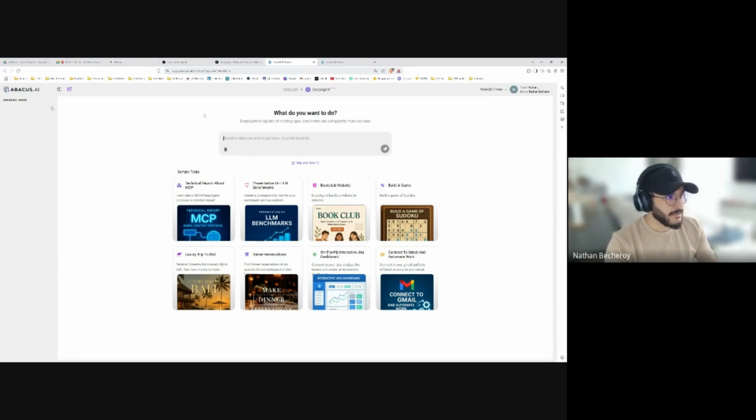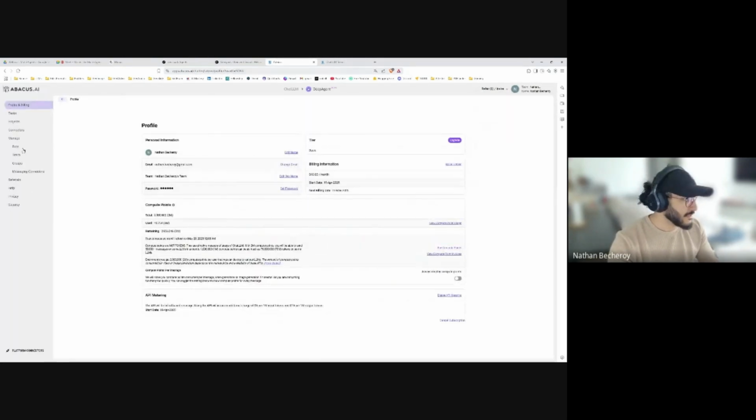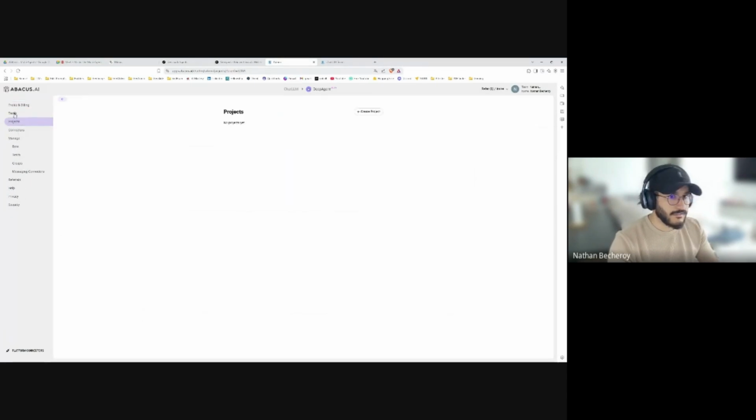Then in projects, I don't have any task, but let's assume you have an app, and then you will get the API directly for this app to connect it to, for example, N8N or Make, etc. This is something that you can't have with other tools.